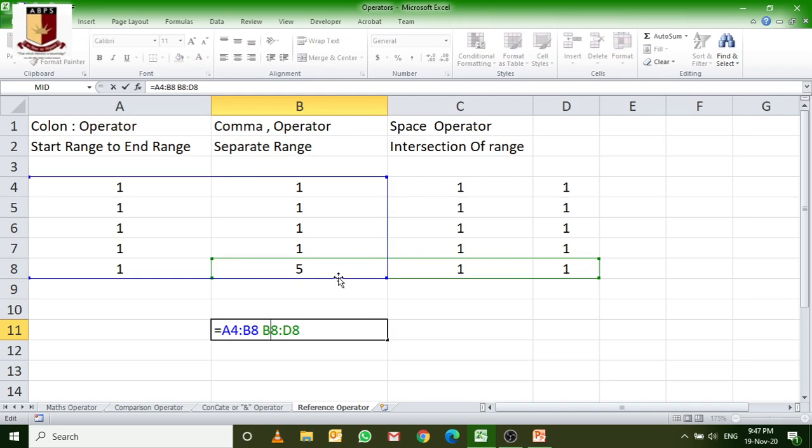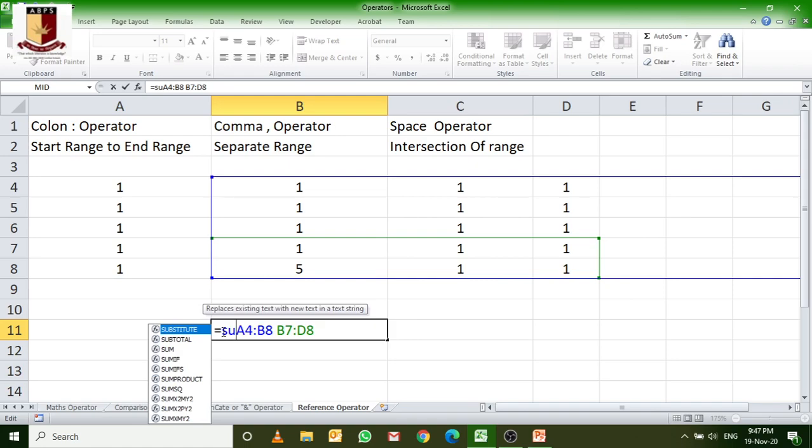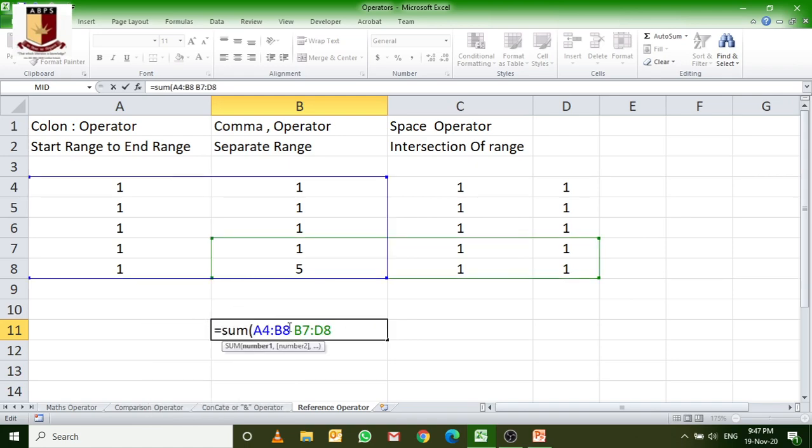Okay, but what will happen if I increase the range, meaning multiple values? So this will produce an error. We can solve it also. How we can do that, I'll show you. So these are the two different ranges. Now what we can do, I'm taking the function sum, bracket open, and I am closing this one.